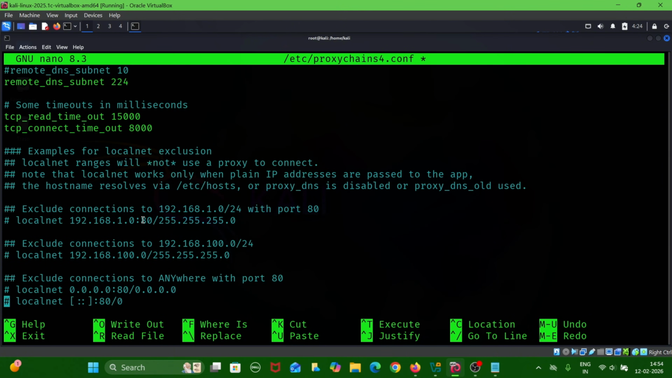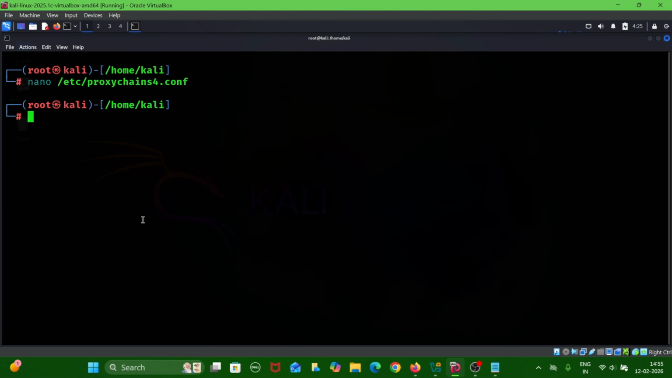Even if your DNS is protected, your system can still leak your identity through IPv6. ProxyChains works mainly with IPv4. So if your IPv6 is enabled, it can bypass ProxyChains completely. To prevent that, you can temporarily disable IPv6 with these commands: sysctl -w for writing